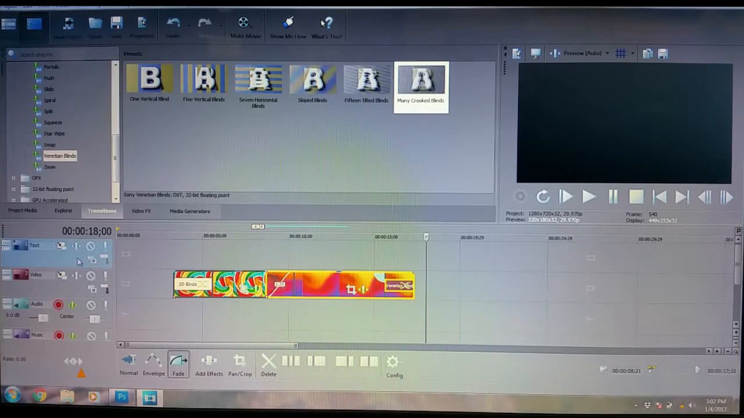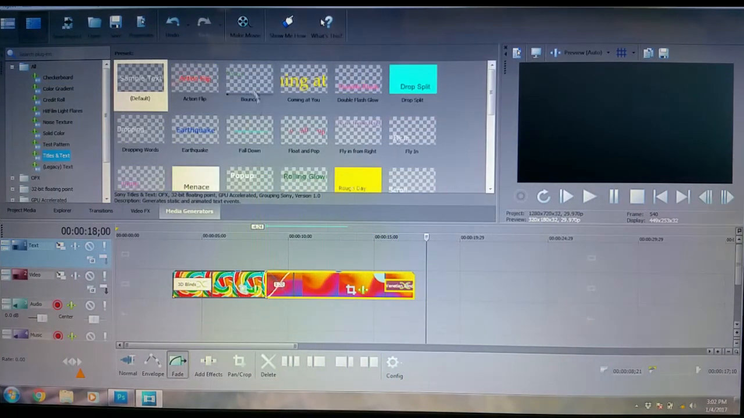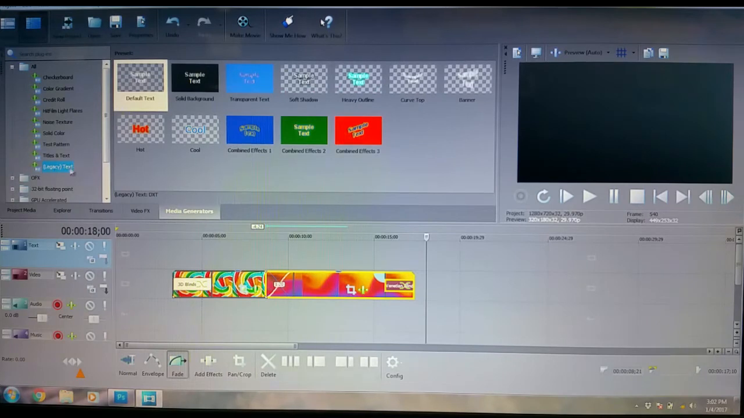So if you want to click on your text area, you need to go to media generators. You can do titles and text. This is the type of stuff that will move around. In the first video I showed you how to do an action flip. This time I'm just going to show you a legacy text. Legacy text is the most popular